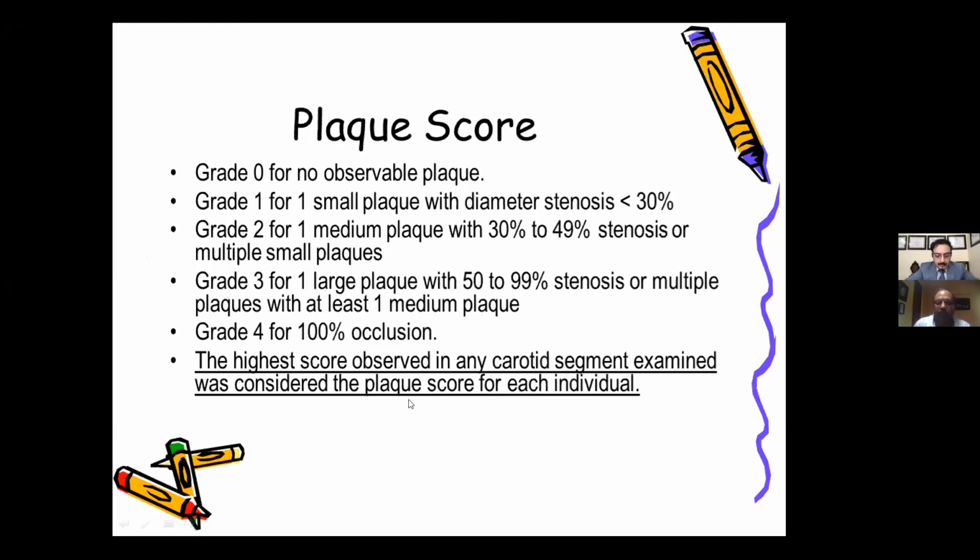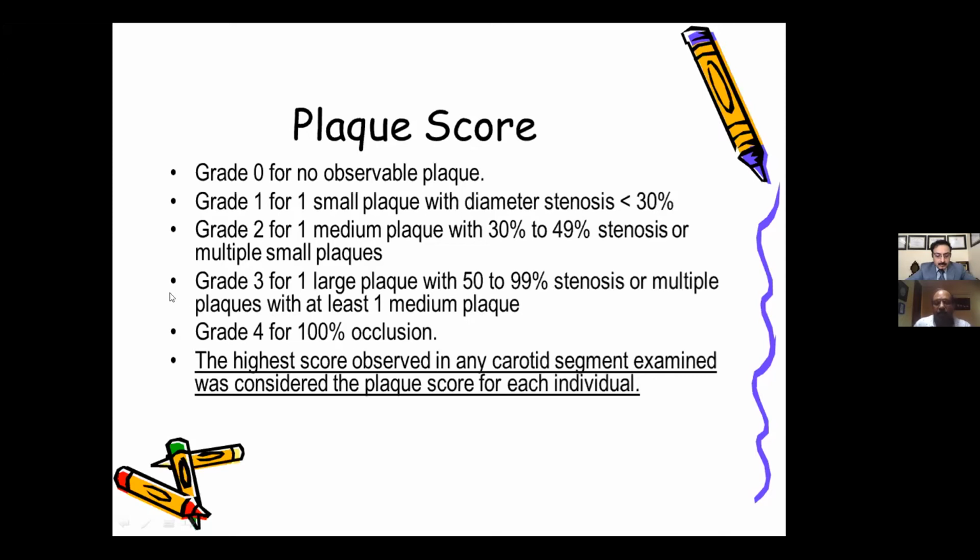As you can see, as the percentage of stenosis goes up, the grading of the plaque goes up. It means that if we have a plaque of grade 1 or grade 2, that comes under preventive cardiology. And if you have a grade 3 or grade 4 plaque, that comes under therapeutic interventions. Because if any plaque is more than 70% stenosis and the patient is having small TIAs or other symptoms, then obviously these are the people who should be referred for interventions.